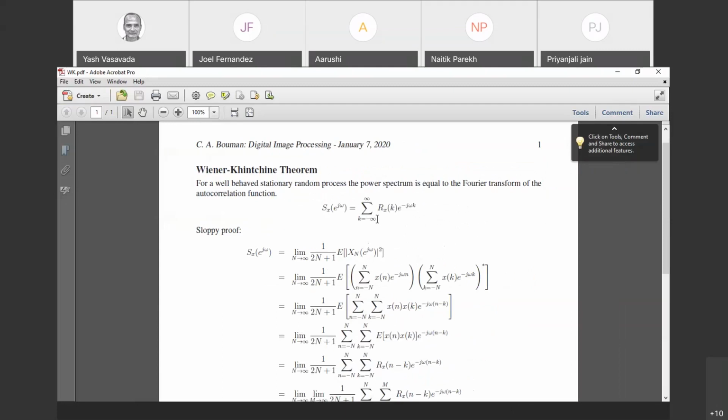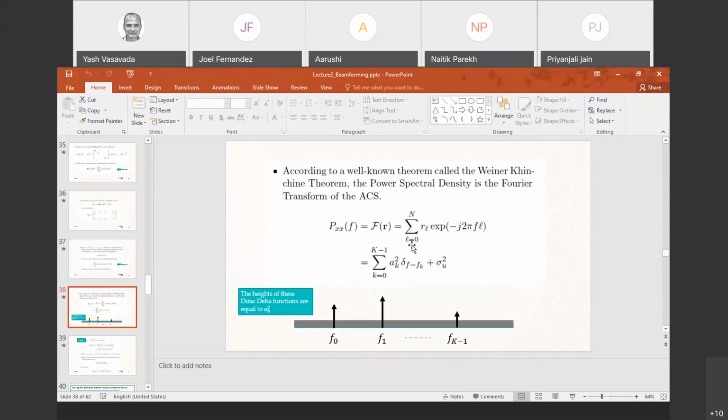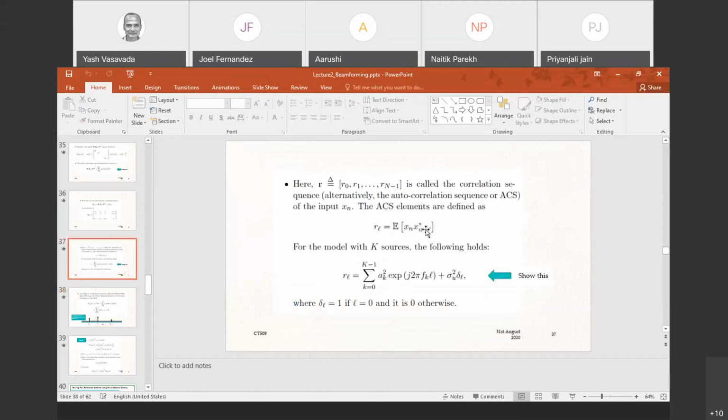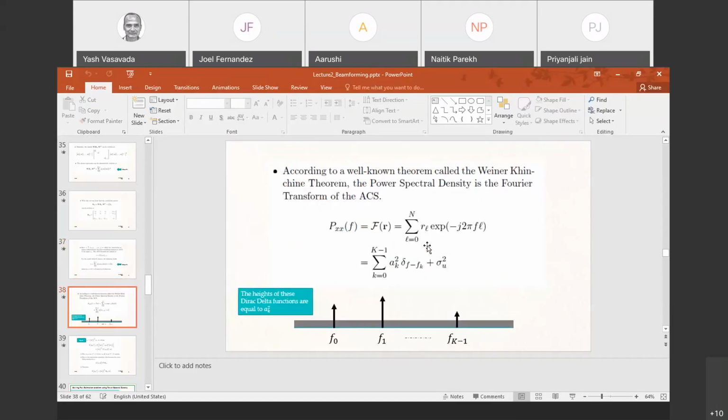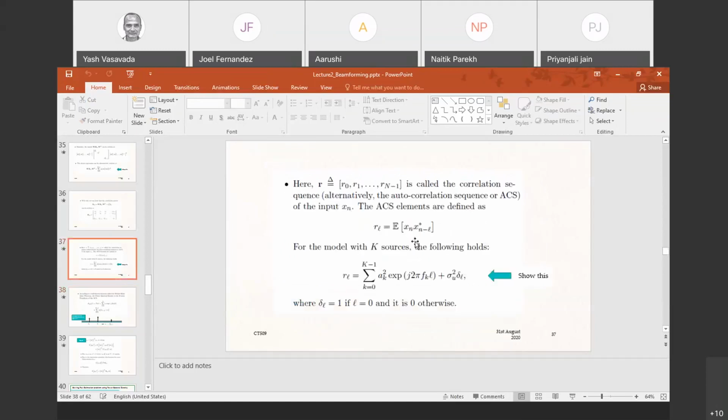But what he has done is done this derivation for a general case. In our case, there is no point of doing this summation from minus infinity to infinity because R of L has been defined as of now only from 0 to n minus 1. Well, here I have to be a little careful. In reality,